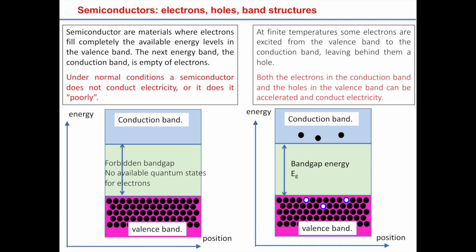And here, when you excite some electrons from the full valence band, you create holes in the valence band. Now, an electron could hop from one state to the other, from one position to the other. So you can have conduction of charges, electrical conduction, by these missing electrons, which we call holes. And then you can also have conduction in the conduction band, because an electron can find different spots in the conduction band, and they can move along. So then you have electrical conductivity. This would be what we call an intrinsic semiconductor.